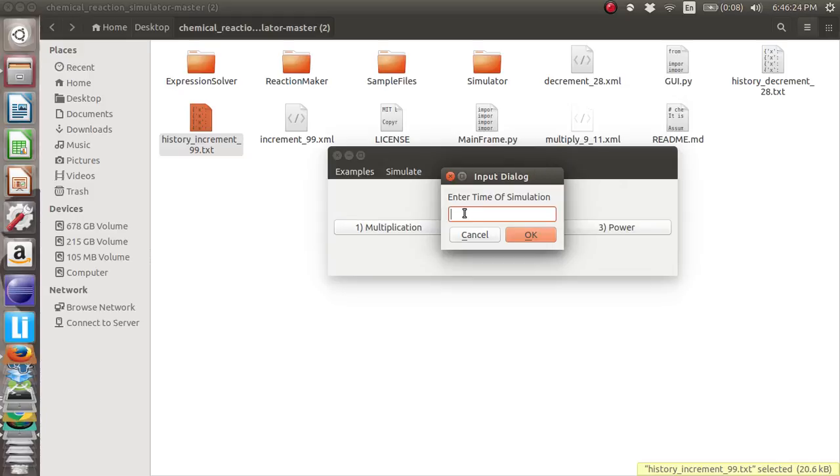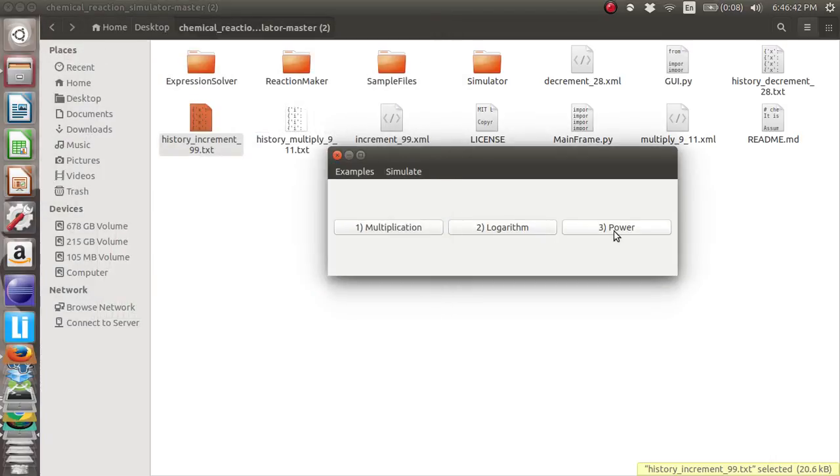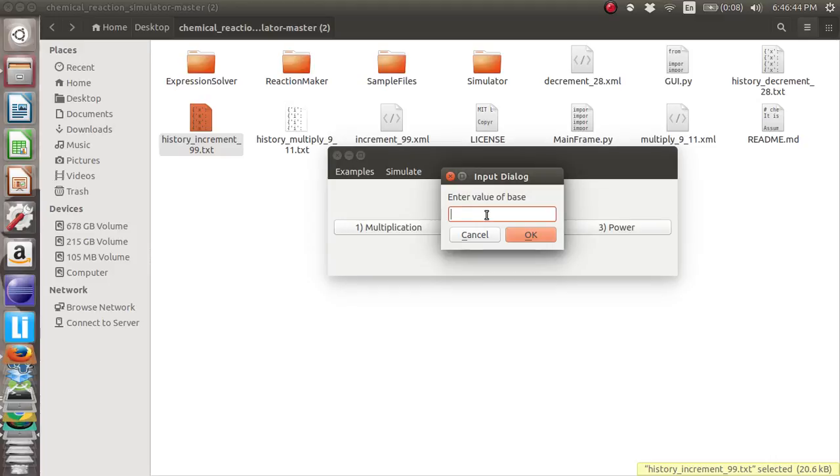Now if I want to run the simulation, let's say I run the simulation for 1200 time steps. Now as you can see, the value of the output variable y z is 9 into 11, and its concentration varying with time can be seen in the following graphs. Suppose I want a power, so suppose I want 5 to the power 2.